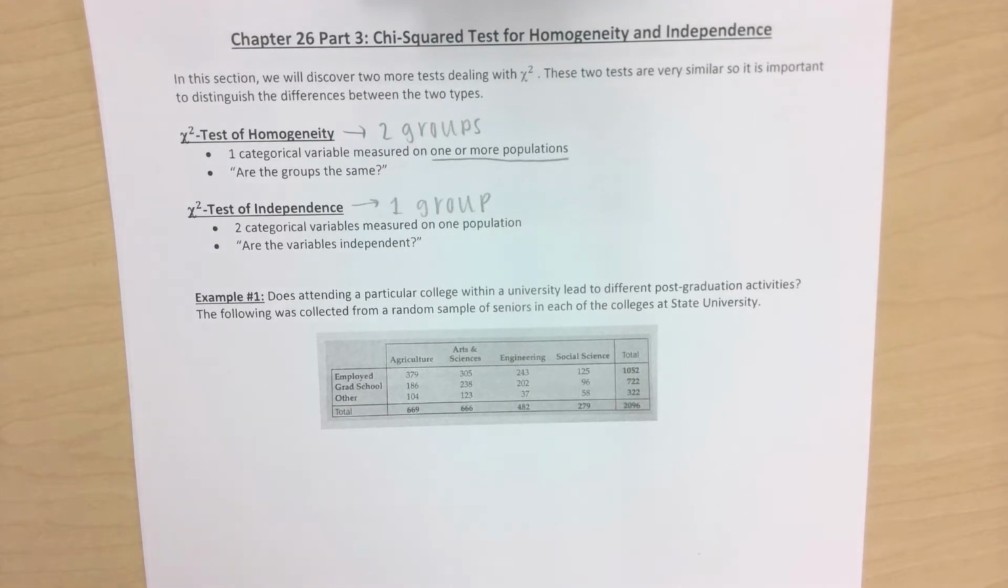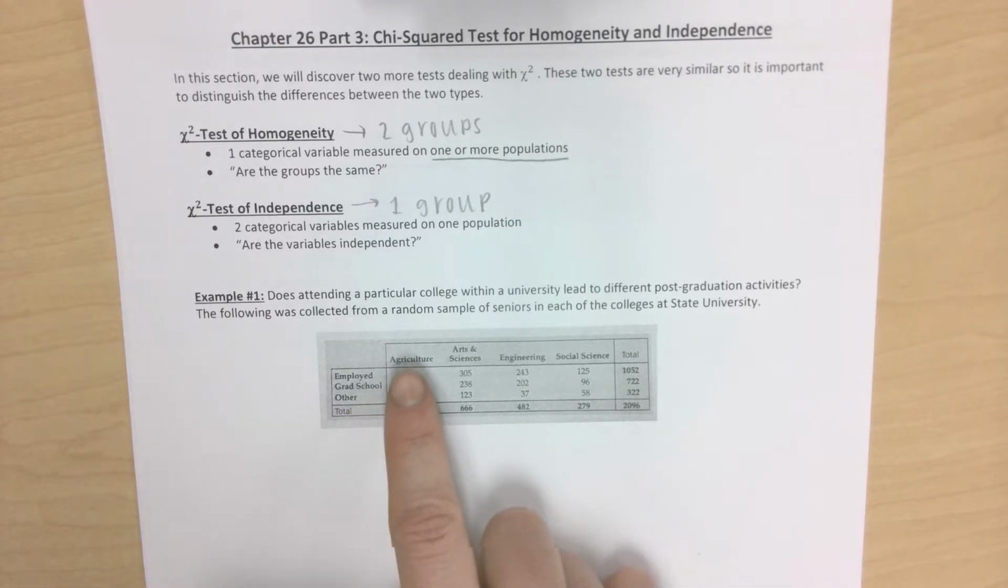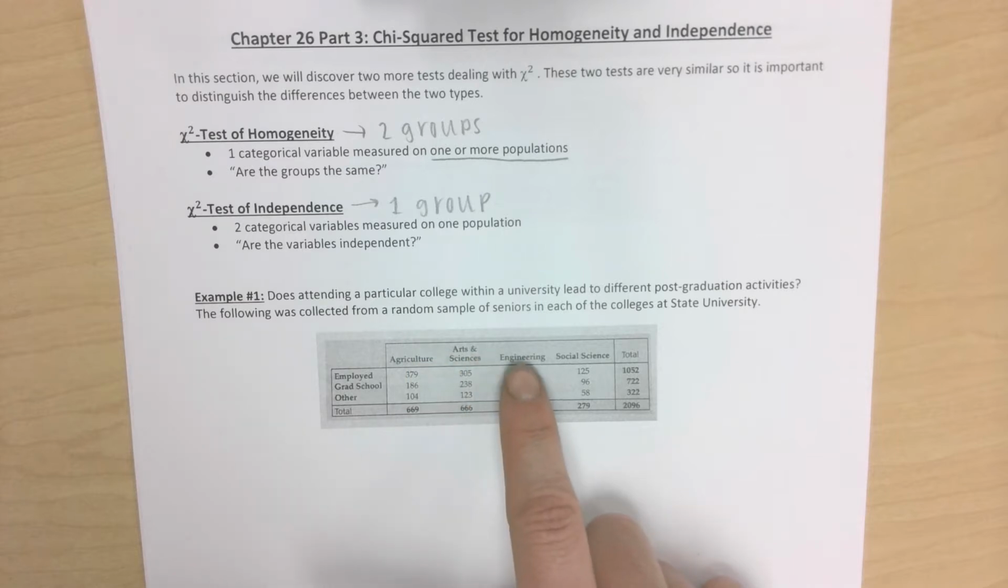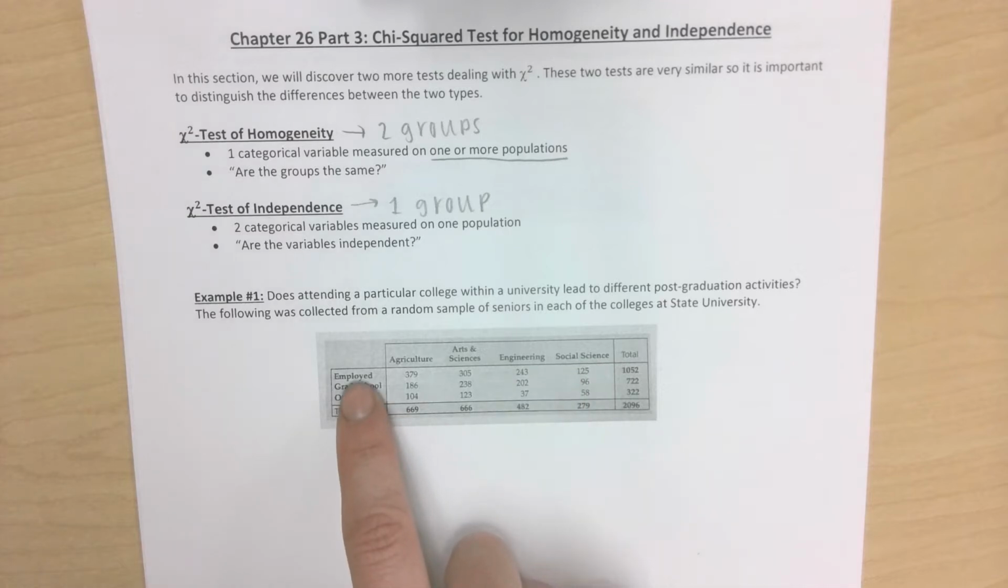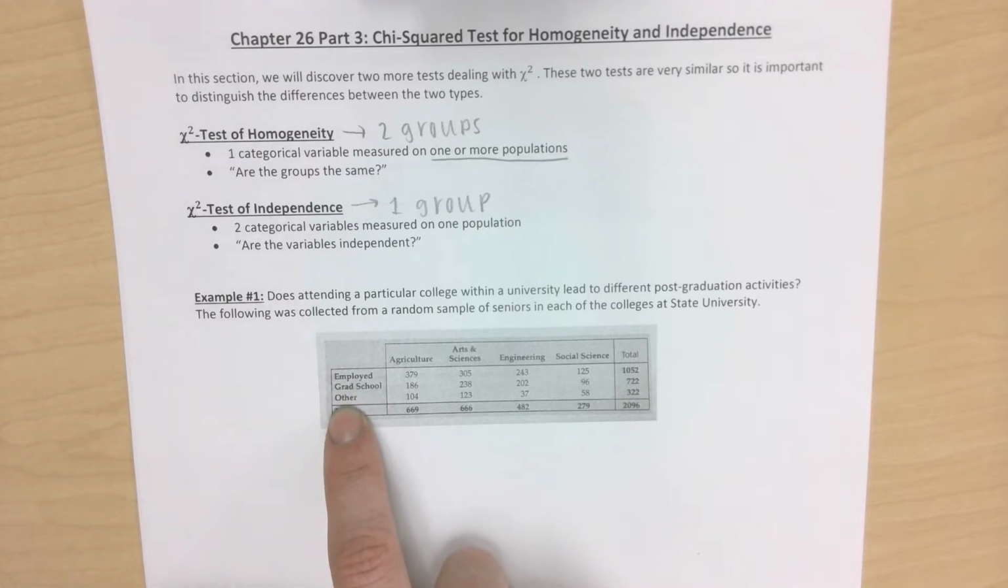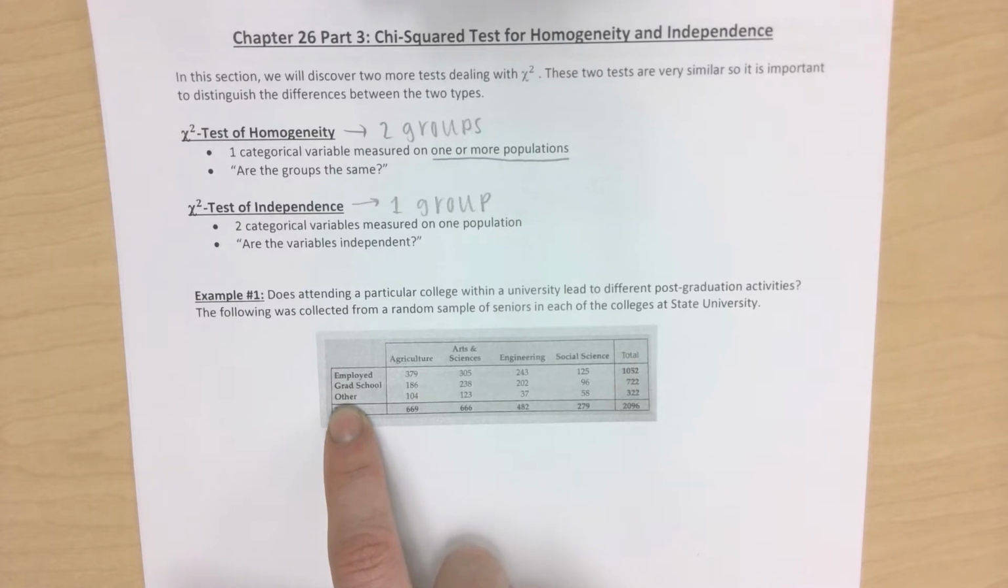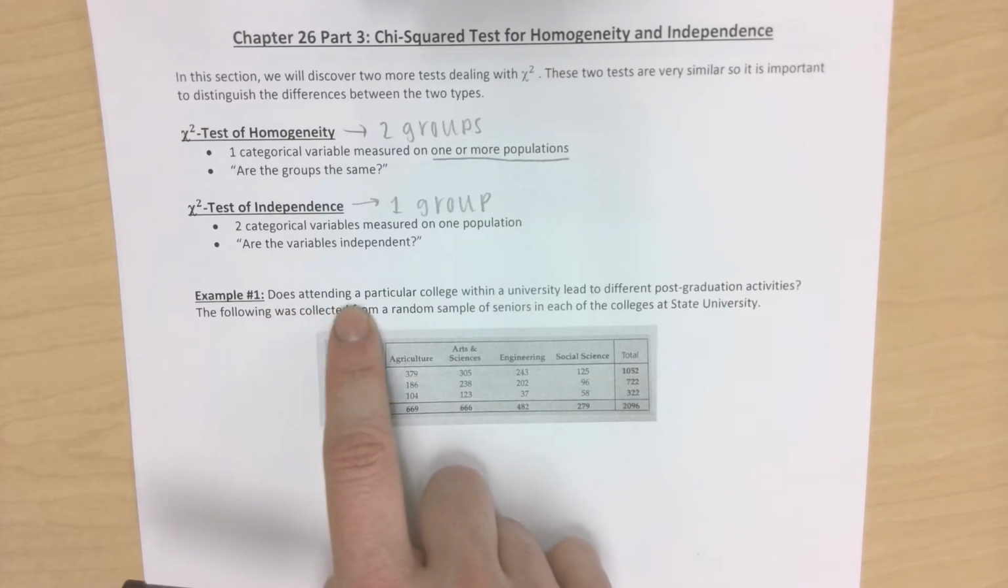Okay, so example 1 says, does attending a particular college within a university lead to different post-graduation activities? The following was collected from a random sample of seniors in each of the colleges at State University. In the data, we're given the different colleges that people attended, the colleges within that university, and then their post-grad activities. So they're either employed, they're in grad school, or something else. Now it doesn't really tell us much. It just says, does attending lead to